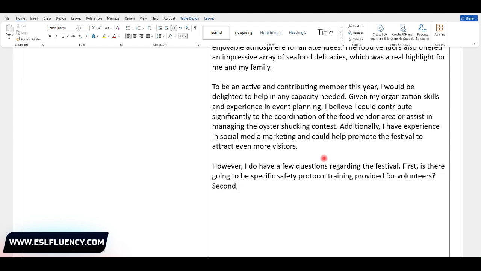Second, could you please specify the times for the volunteer shifts? Now this one is not a question, it's a different structure. When is my time, or for example the other volunteers' time? Give us a time slot or a table or something.